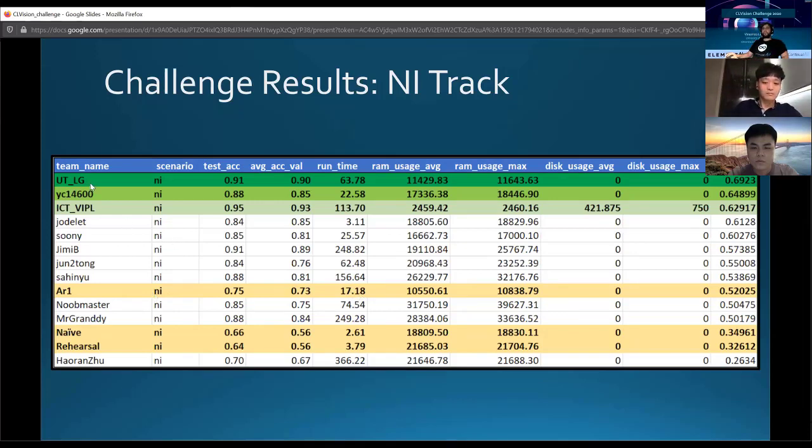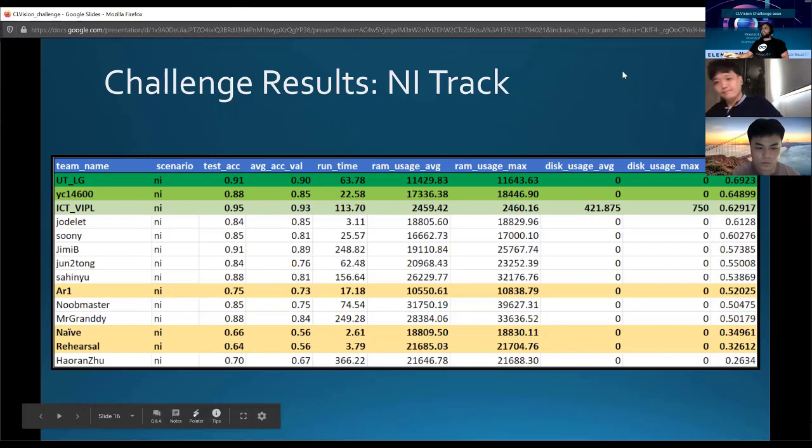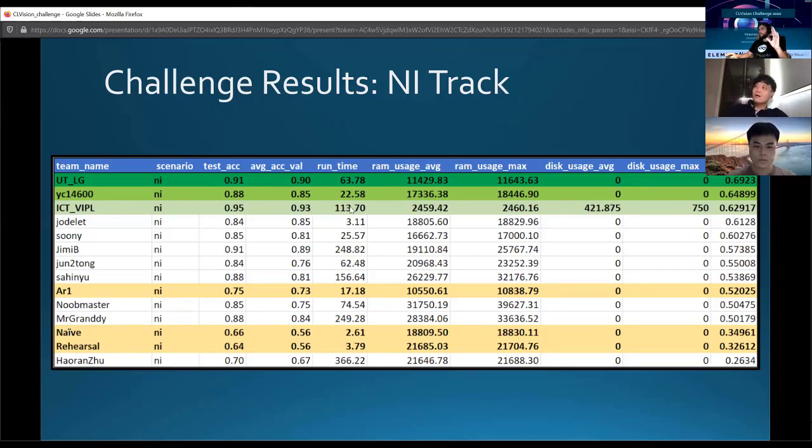So in this case, the UTLG team is the best performing team. You can see the ranking is actually respecting the CL score that you can see in the last column here. But essentially, what you can see is that the UTLG team has been able to achieve impressive, I would say, accuracy performance at the end of the training. And this is, of course, the main driver of the CL score. I remind you that the accuracy at the end of the training procedure counts for almost half of the entire score.